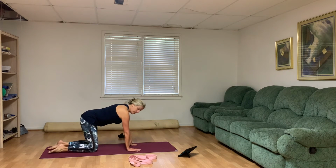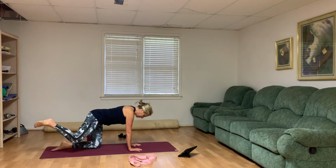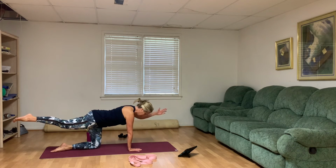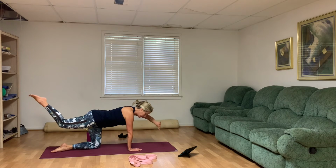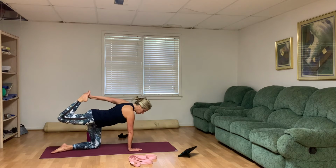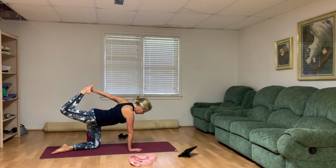And with the right wrist directly under the shoulder, we're going to extend the right leg behind you. Think about abs strong to support your low back as the left arm reaches. You can stay extended, or you can bring that right foot in the air with that left hand reaching around to grab it. Let's lift ourselves out of the right shoulder, take the right toes towards the ceiling, and the top of your right foot presses away